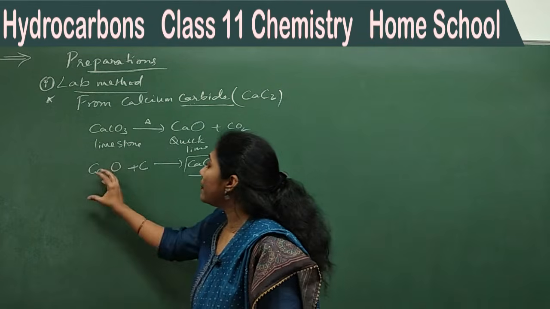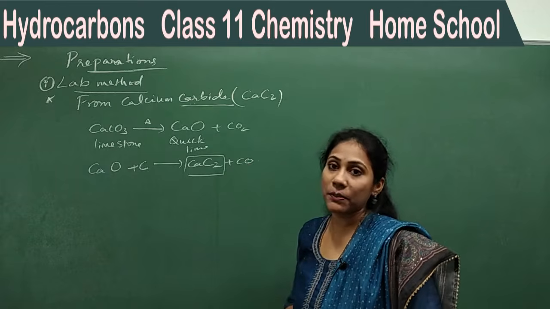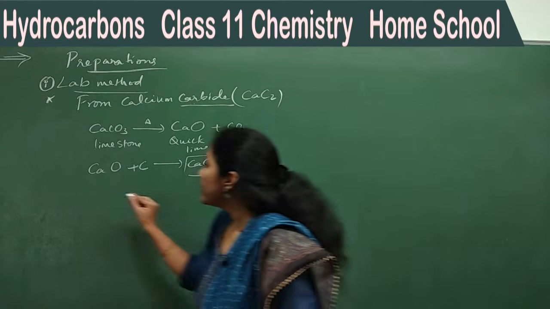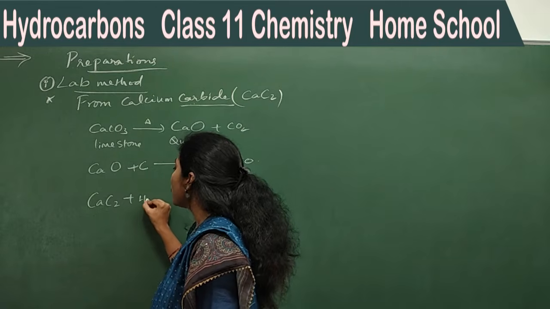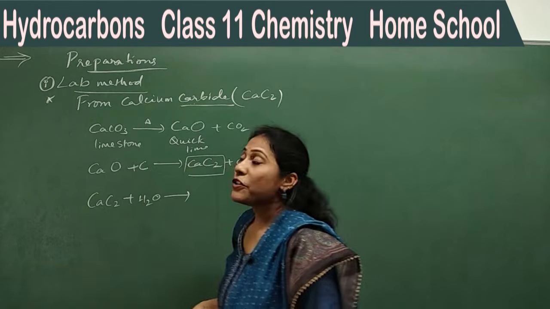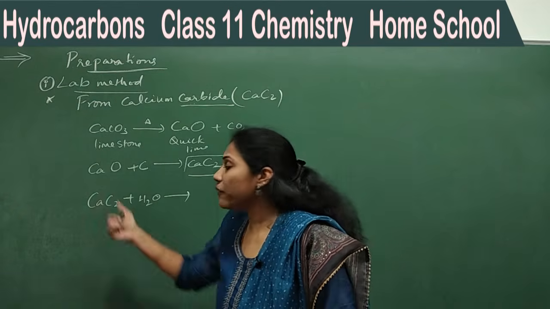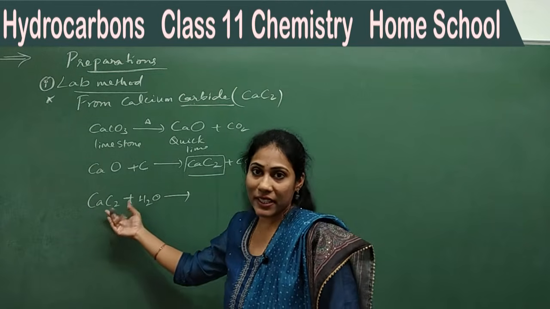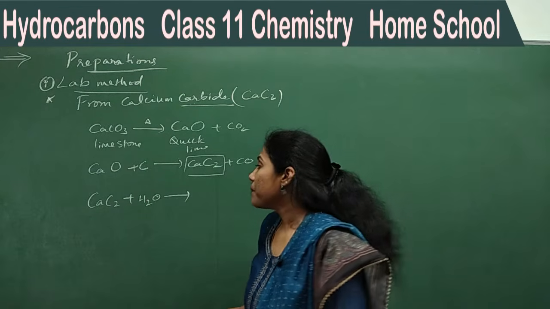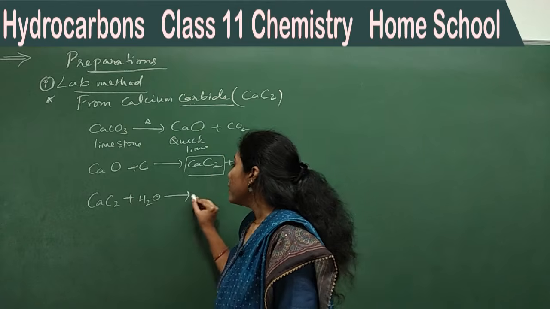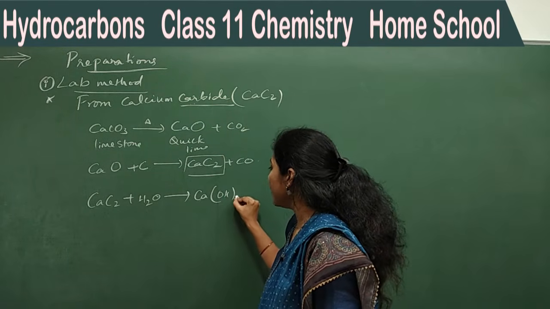So this is how you are going to get calcium carbide. When quicklime is heated with coke, that is carbon, you will get calcium carbide. And now this calcium carbide on hydrolysis. What do you mean by hydrolysis? Addition of water. We break water first and then we add it to a substrate, the reactant. That is called hydrolysis. So on hydrolysis, you will get calcium hydroxide plus